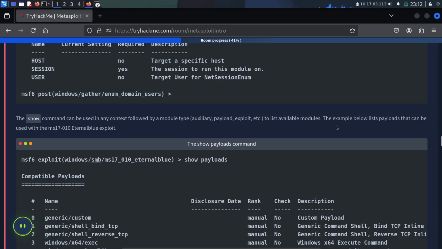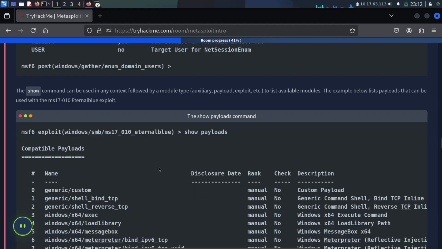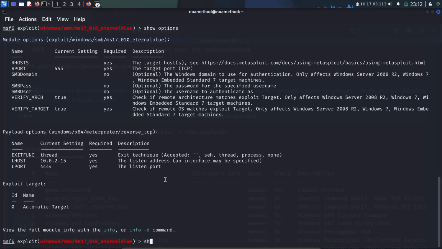The example below lists payloads that can be used with the 17-010 exploit. Okay, so you can try to show payloads.